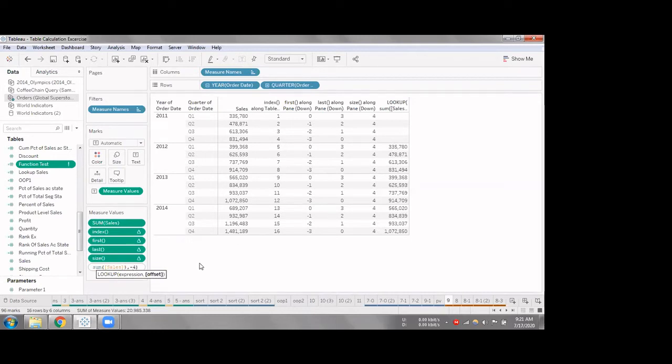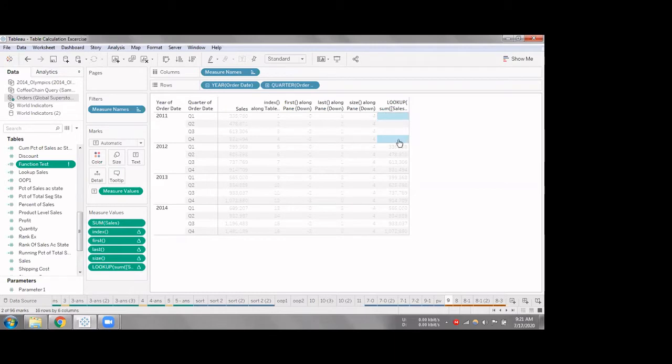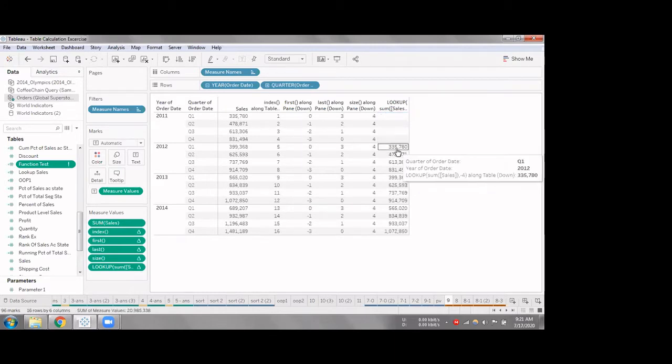So for each row, these are blank because we don't have values with the offset of -4. So this is the first value with the offset of -4 we can get. So it's just pulling the previous year quarter values respectively. So these are some functions we saw in the last session. We'll explore the other functions that we have in the table calculation bunch, and we'll see what we can do from there.